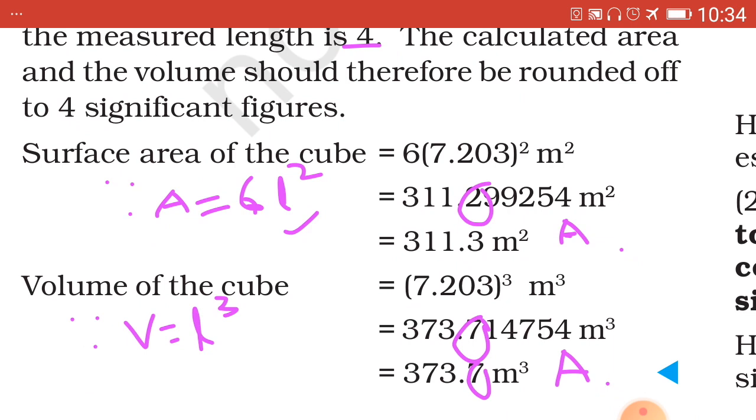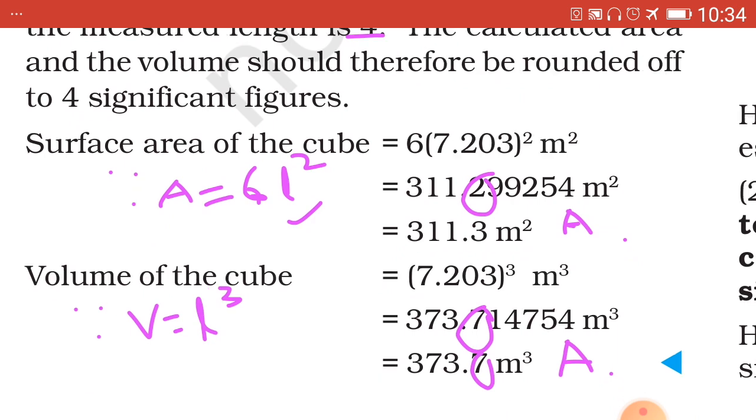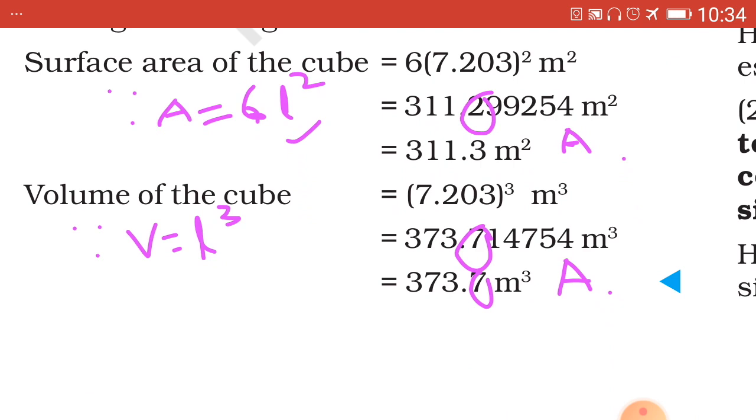So one digit you should write after the decimal, and your rounding rule has to be applied. The digit 9 is there, which is greater than 5, and after 9 again 9 is there, double 9. So on rounding up you can write 311.3 meter square, which is the final answer, because this will lead almost to 3, because there are double 9